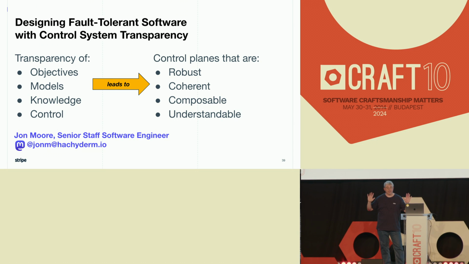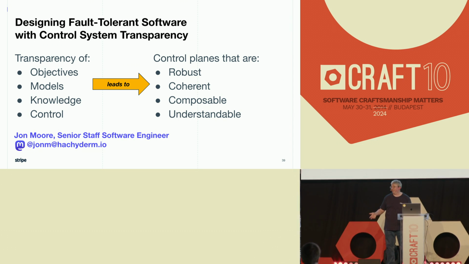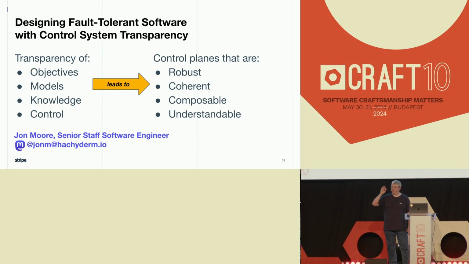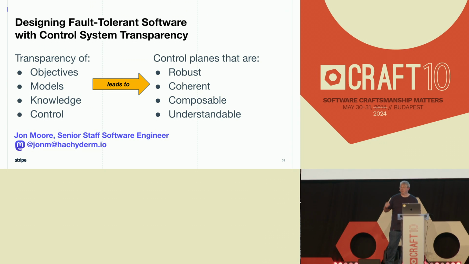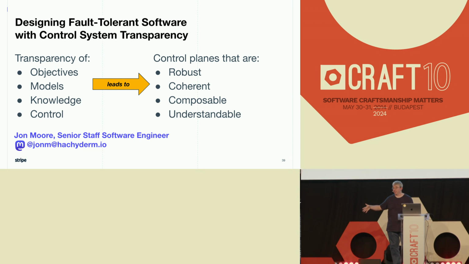And so this is why I love this paper, because it's got all of these great ideas. Obviously, they've had a ton of success in building fault-tolerant stuff. If I write software that is still running somehow 50 years after I wrote it, that's amazing. I can't even imagine that. Now, I don't think we have to go quite that far, but I think this way of thinking about things means that, with just a little bit, we can increase transparency in just one of these things at a time, and it will help, is I think the point.